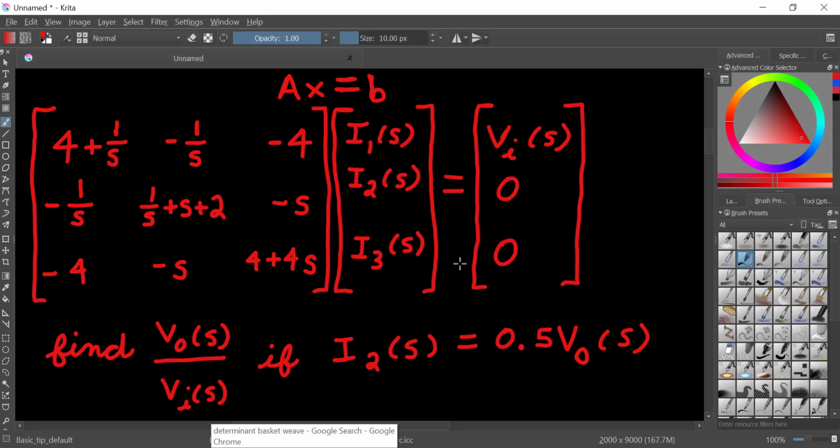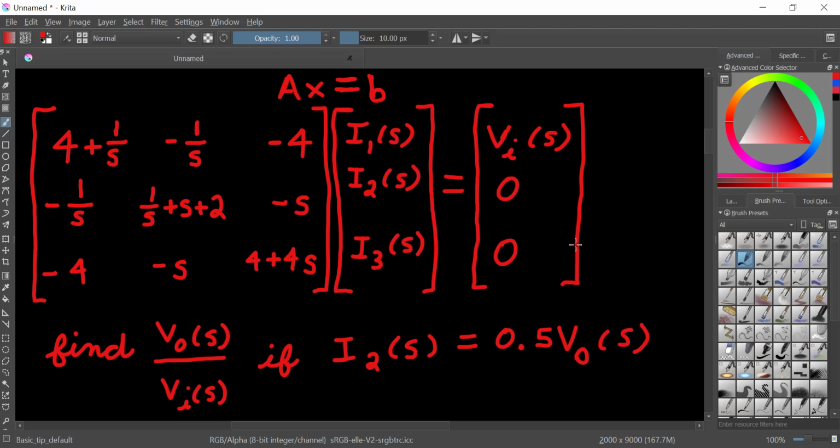Let's say we have this going on for us, right? So now you can kind of see what those would look like with an actual problem. Let's say we already have our circuits problem in matrix form, in our Ax = B form, where this is our matrix A, this is our vector with our variables, and this is our vector with our solutions, right? And we're asked to find the transfer function Vout over Vin, given that I2 is equal to 1/2 of